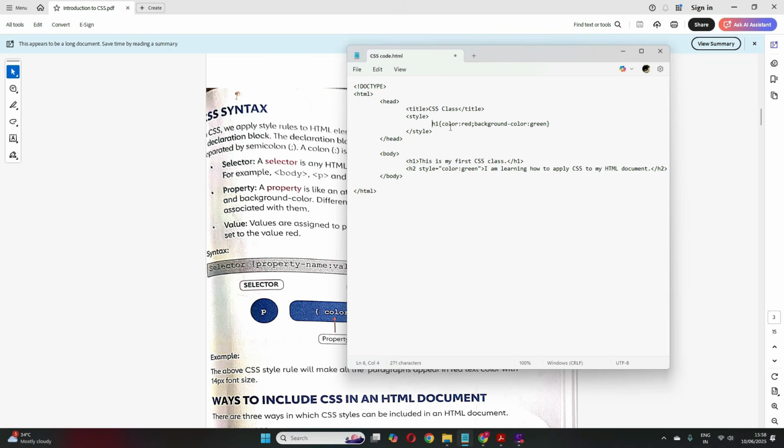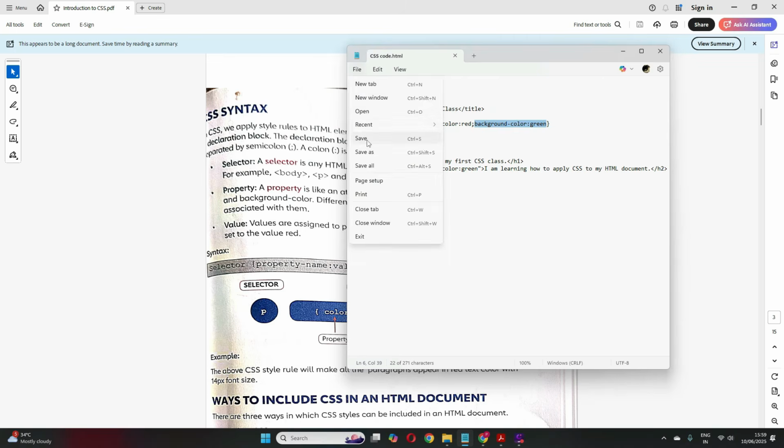Now different selectors have different sets of properties associated with them. Clear? Now let me just save this and I'll show you. See, I have applied this particular style to the H1 element. In H1 I have written this is my first CSS class, okay, and for H1 I have given color as red, so my text color will be red and my background color will be green.